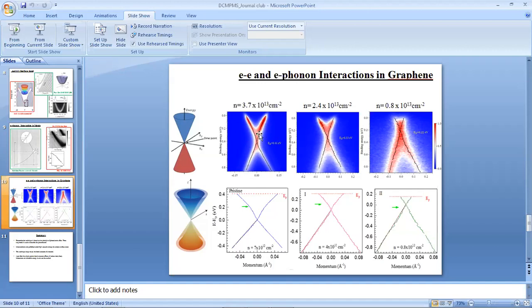Here we are actually imaging the two bands, this left band and right band. Both these bands are getting imaged here. That's why you cannot actually see where the crossing point is. But if you are able to image this band and this band separately, then from there you can find the dispersion. So these black lines are found from those spectra, where I have only this band or this band. That has now been superimposed on this figure, just to show where the crossing point is.